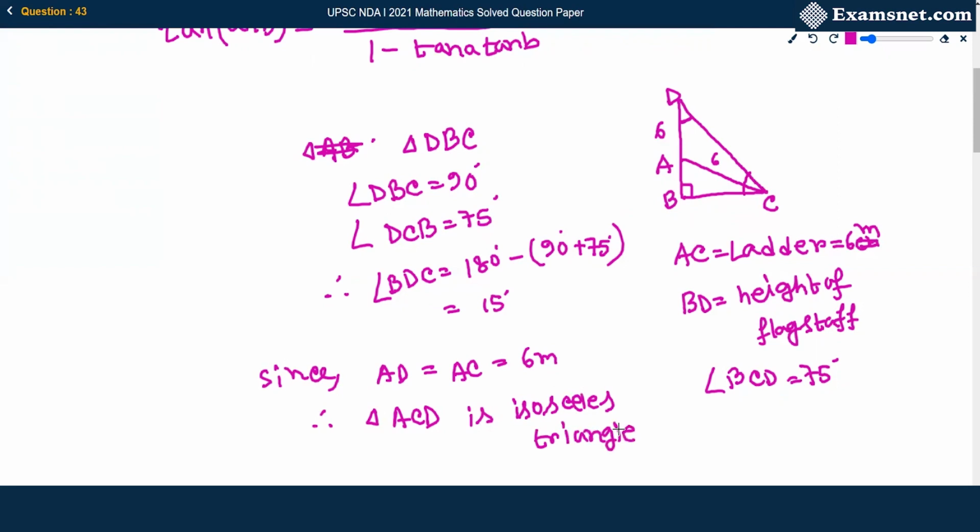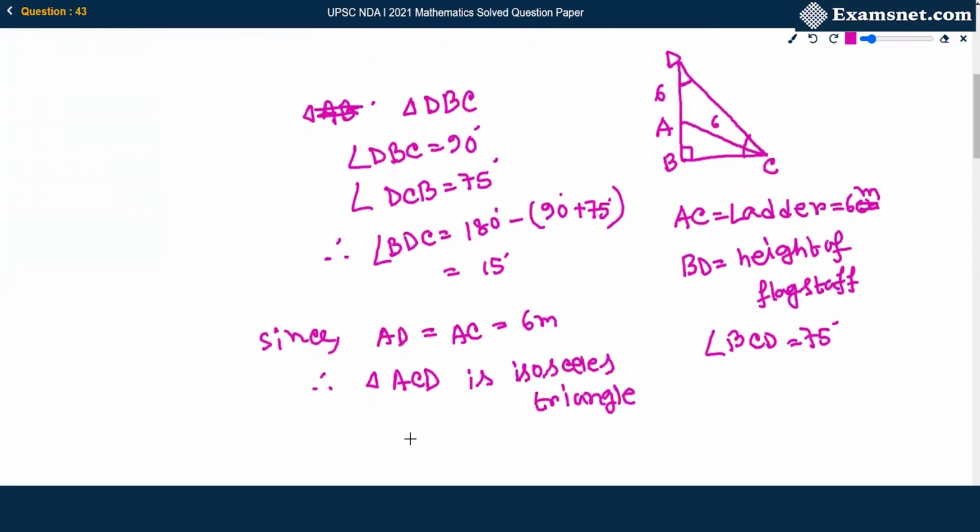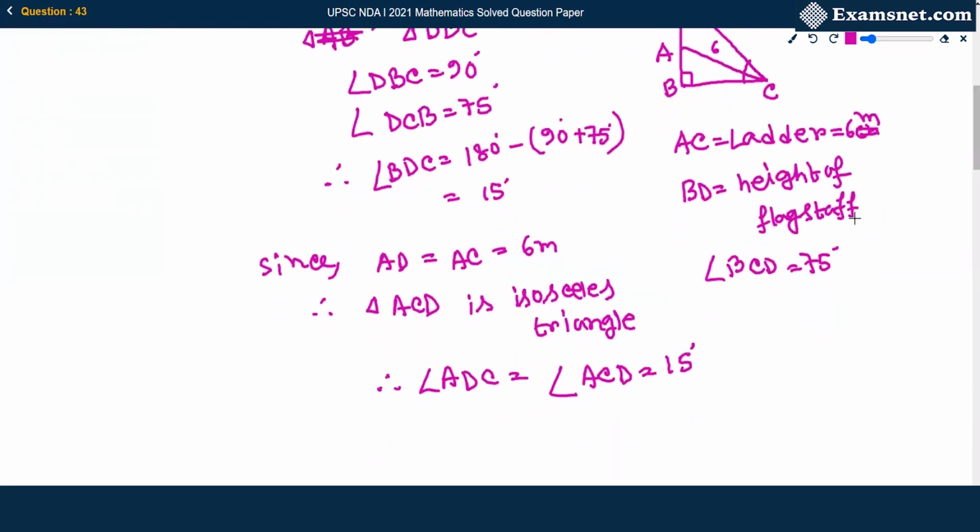Because it has two equal sides, we already know the opposite angles of equal sides are equal. Therefore, angle ADC equals angle ACD, both will be 15 degrees, right? Hence, we can say,